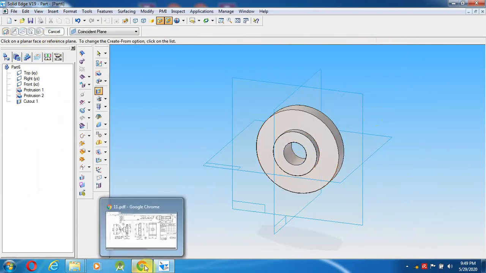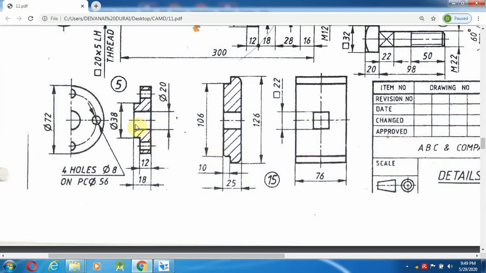So now the next step, I am going to make 4 holes of 8 mm diameter on a pitch circle diameter of 56. It will come in the bigger diameter, 72 mm diameter cylindrical part.